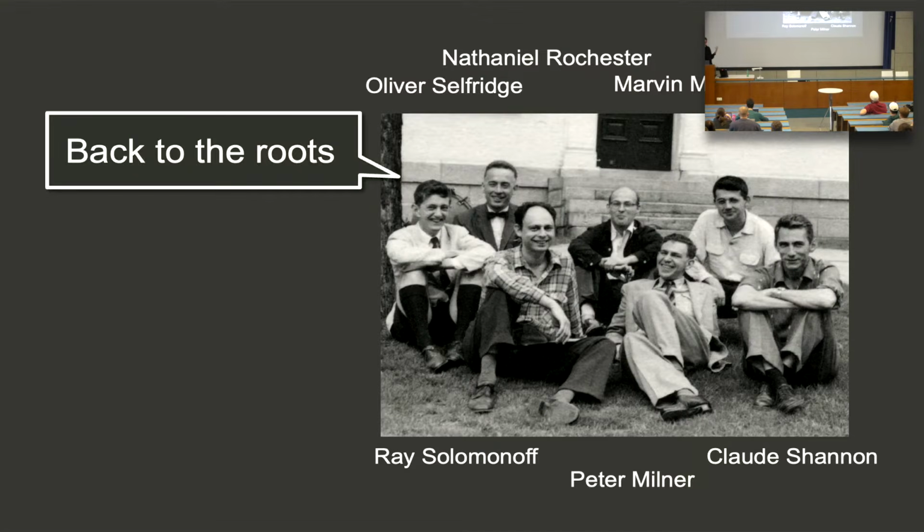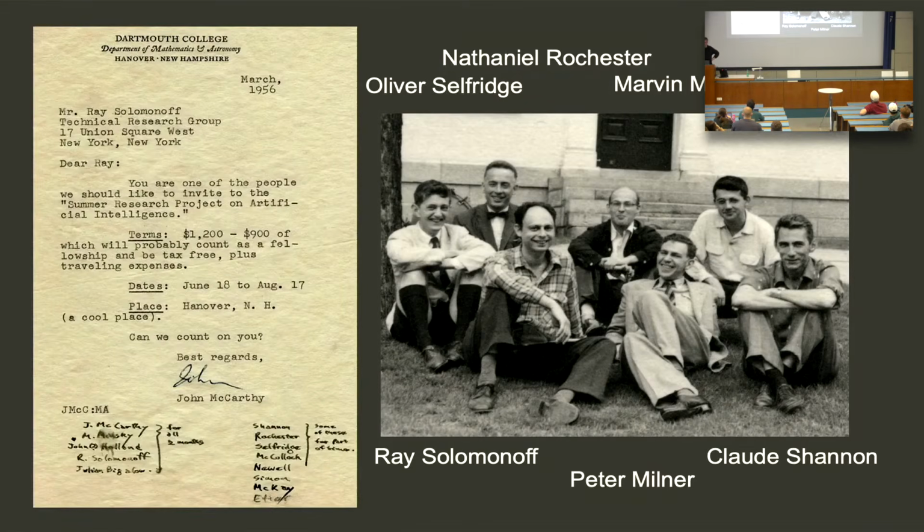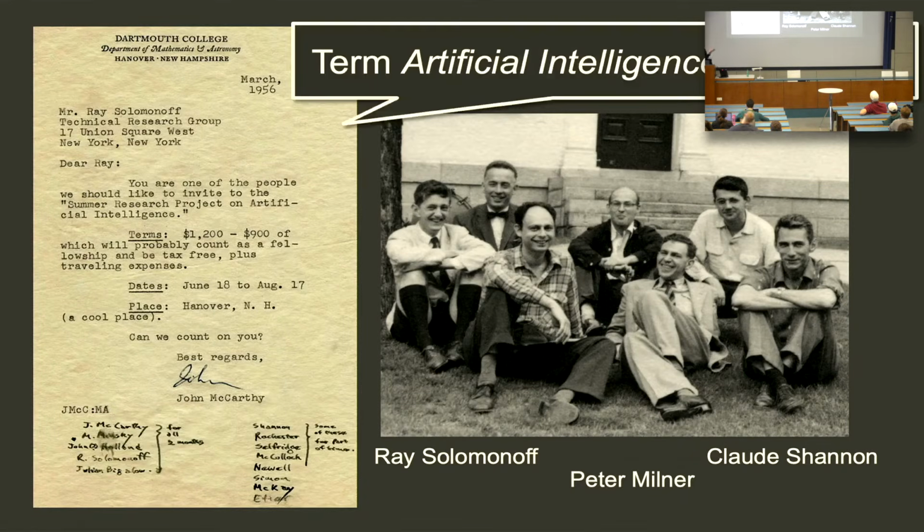But first, let's talk about the roots, about how this all came about. It turns out that there was a workshop at Dartmouth College in the northeast of America in 1956. A bunch of people came. John McCarthy, I think, sent the letter out saying everyone should come, and we're going to talk about this new idea of the digital computer, and they're commercially for sale. Can we put intelligence inside of a computer? You had folks like Claude Shannon, who did information theory, John McCarthy, people from the cognitive sciences, people from stats, and so on. And so that's really where the term was coined.